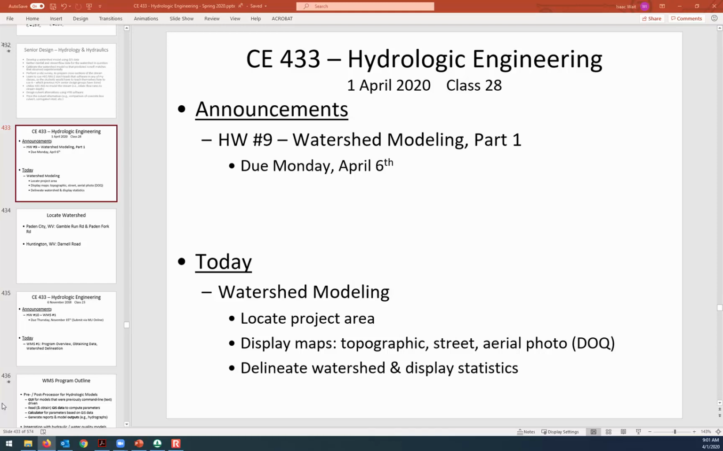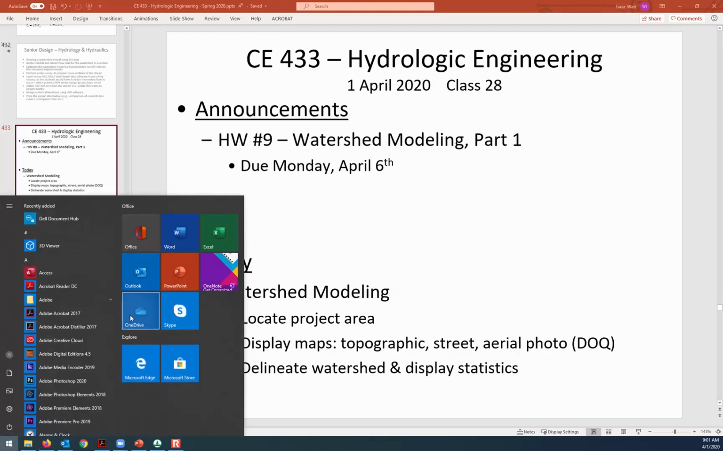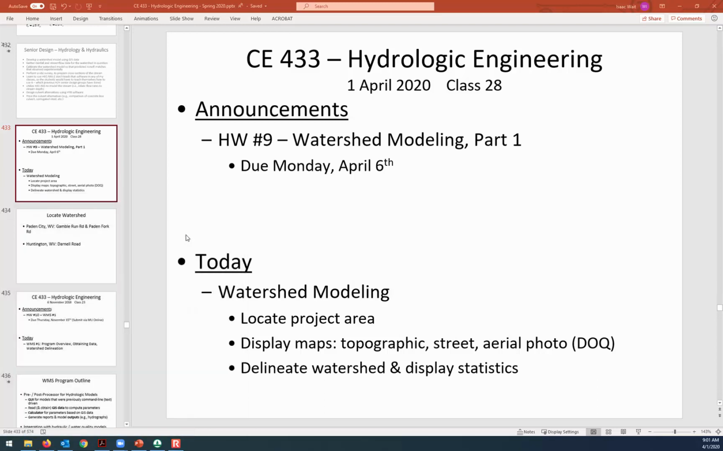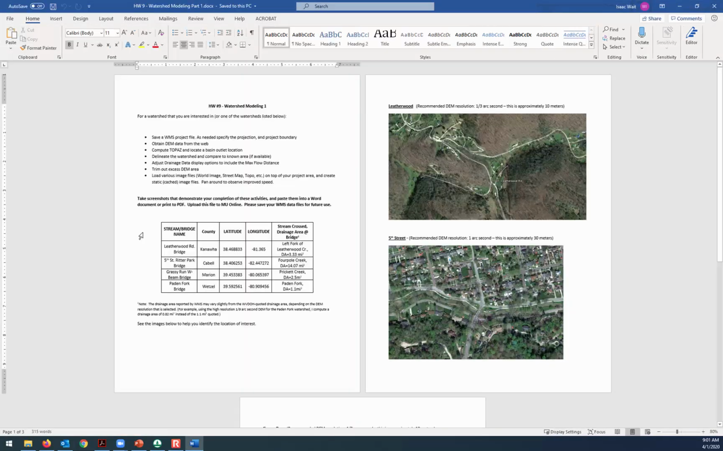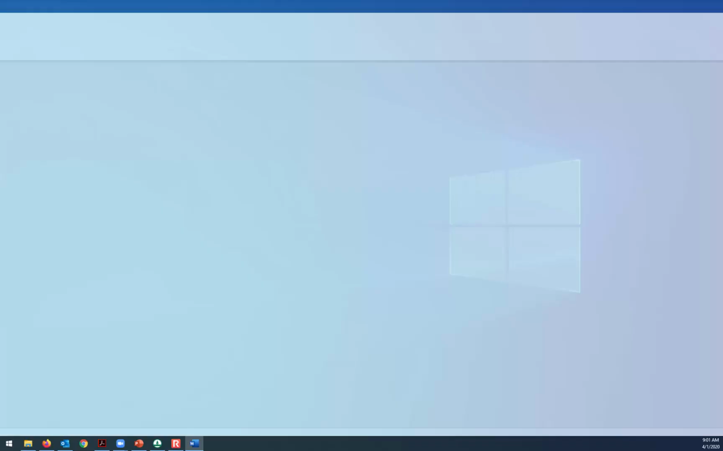I wanted to first of all mention that there is a homework assignment available now, and it's posted in Blackboard. And so the assignment, let me just bring it up as a Word document so that you can see what it looks like. Watershed modeling. All right. So what we're going to be doing today allows you to complete this assignment, and